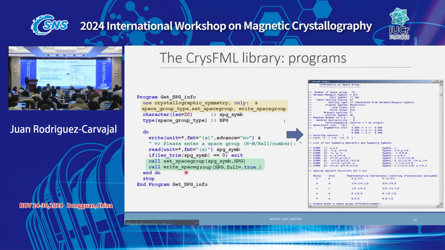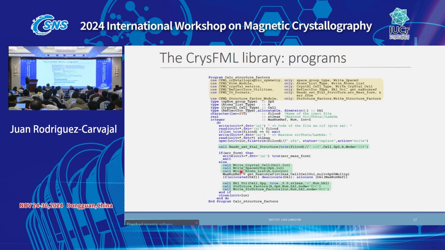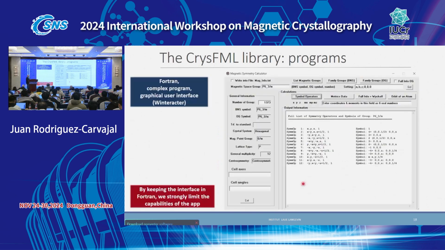And this program gives you all this kind of information that you have seen, for instance, when you open an output file of FullProf, because they are using exactly the same thing. You set the space group, write the space group. With two calls, you have all the information that you have in the International Tables of Crystallography generated in an algorithmic way. For instance, for calculation of structure factors, with just a few lines you can read, for example, zip files, and then you calculate the structure factors quite easily, just using the program.